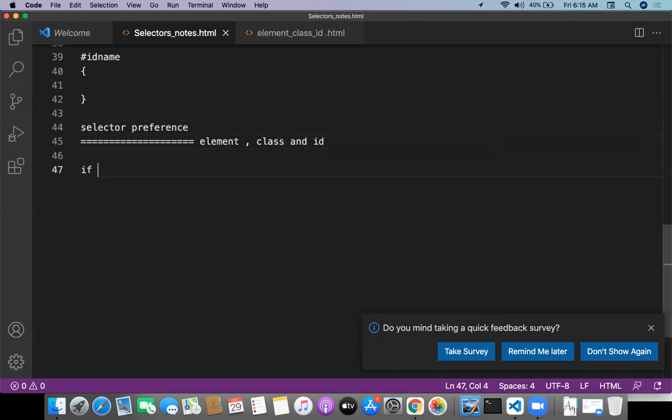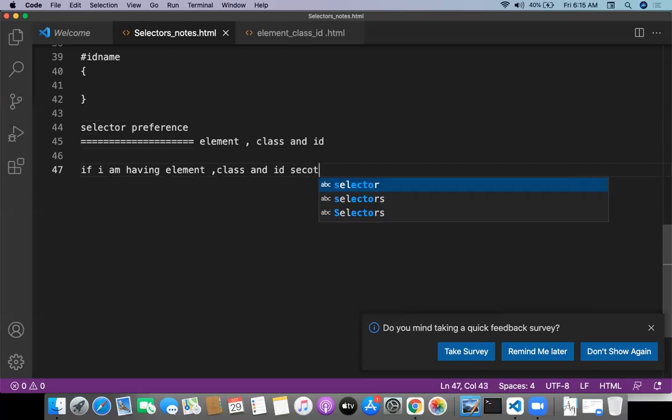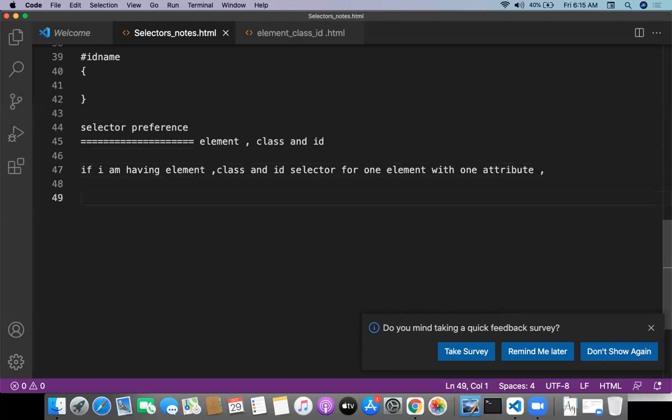Okay, so if I am having element, class, and ID selector for one element with one attribute, then ID selector is the first preference.